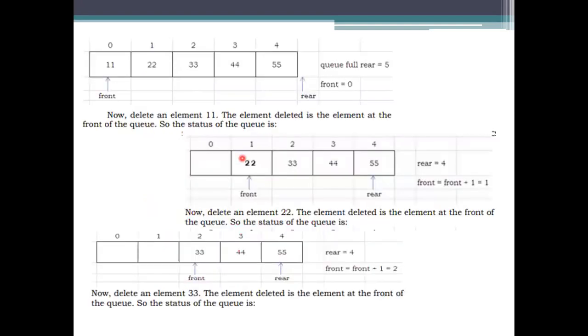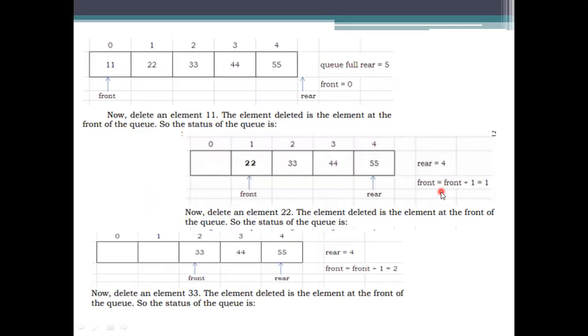See here. We are taking the elements which were inserted previously, and the front is representing the first element here. We will delete that element. After deleting that element, you see the front value is incrementing. In the insertion, the rear value is incrementing.